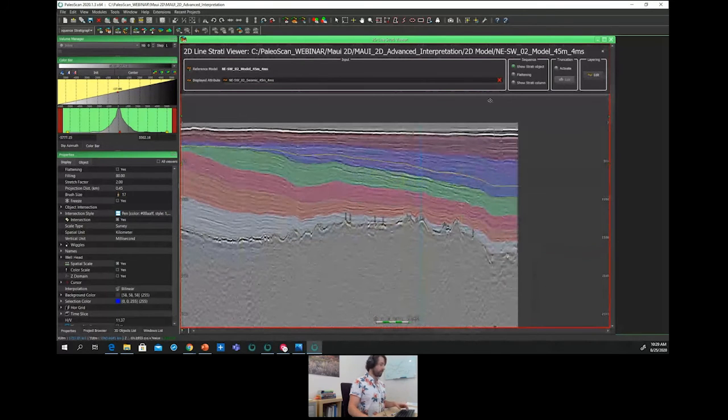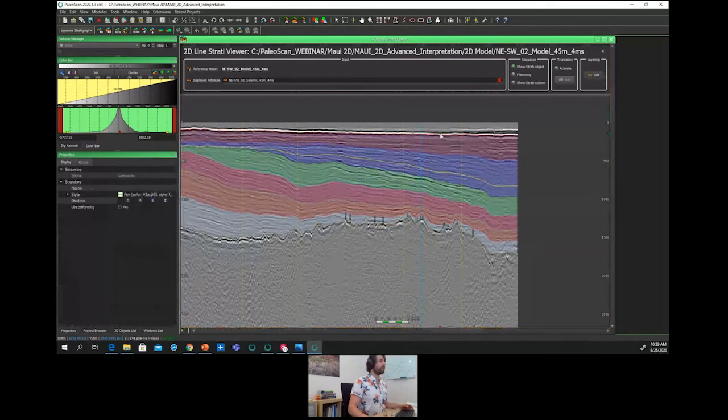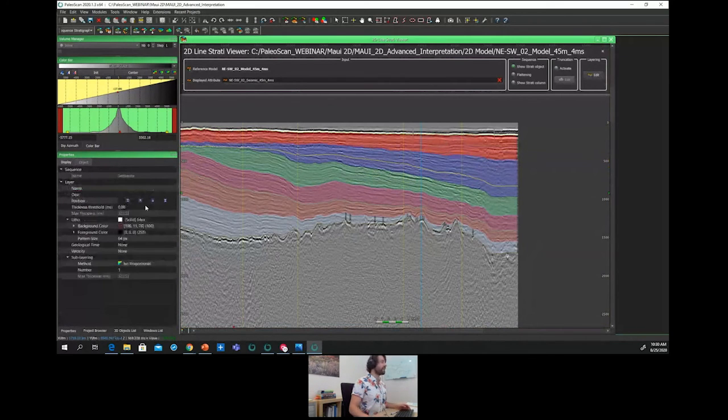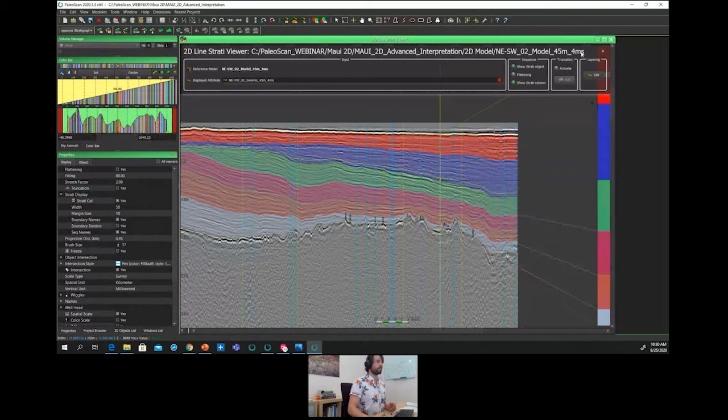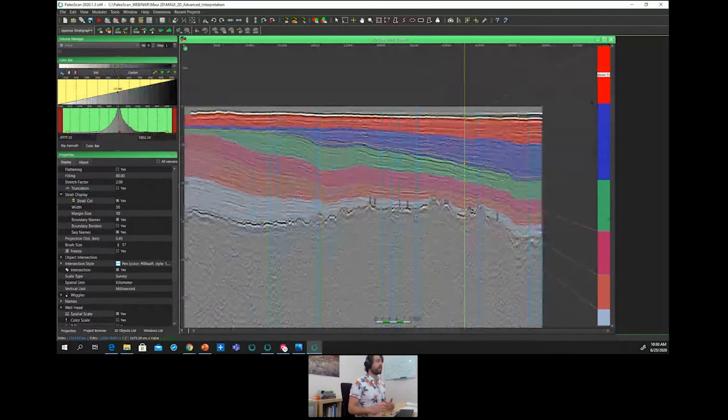Then it's possible to assign a name to any discontinuity. For instance, I will call it A, then discontinuity B, and then I can give a name to this system tract, like that, and I can display my stratigraphic column, like this.